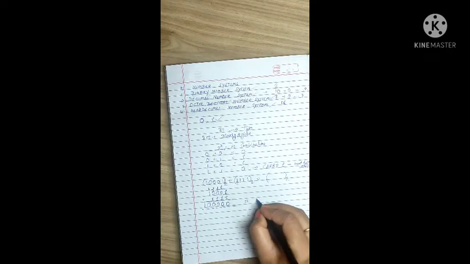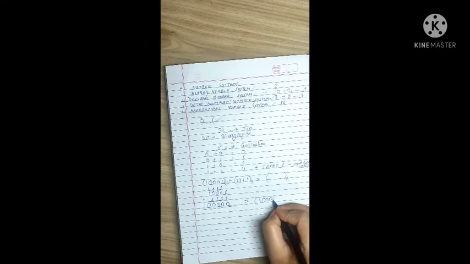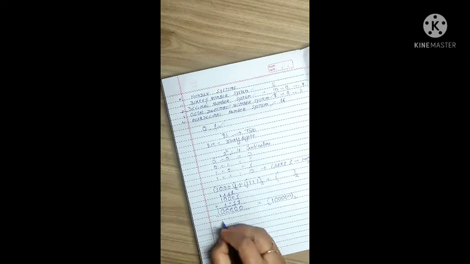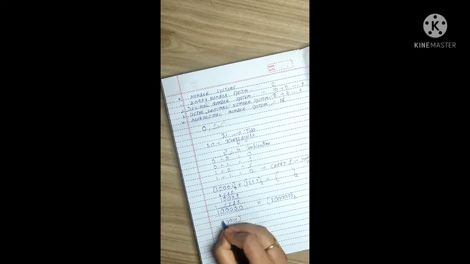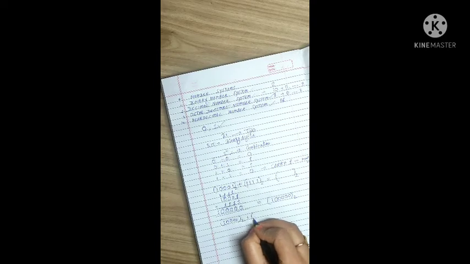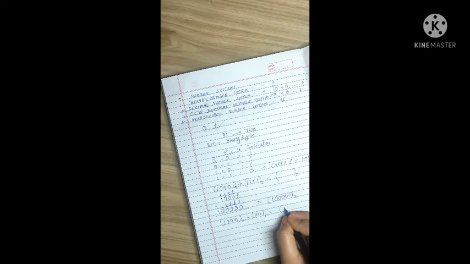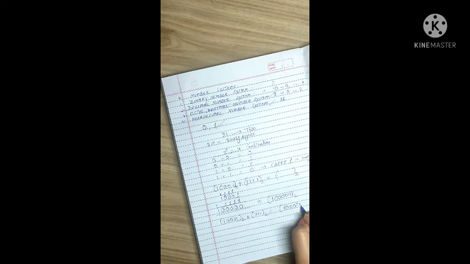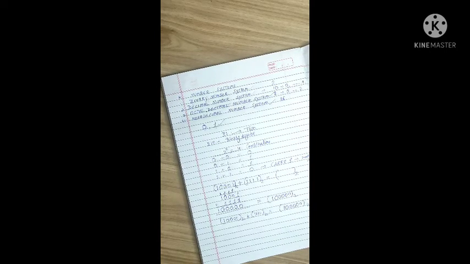It will be written as 1. How many times is 0 there? 2. Or in another format it can also be written 10001 to the base 2 plus 4 times 1 to the base 2 equals 1, 3, 4, 5 to the base 2. So this way the addition will be done.